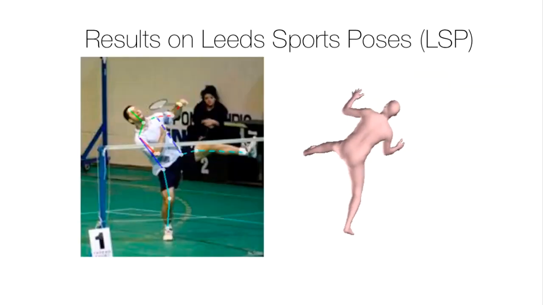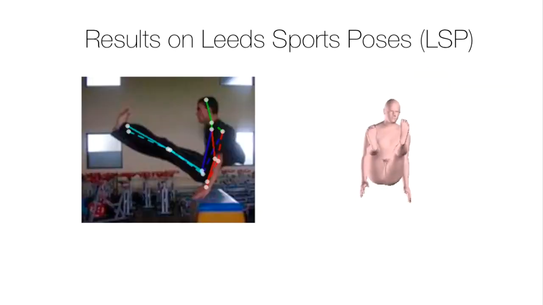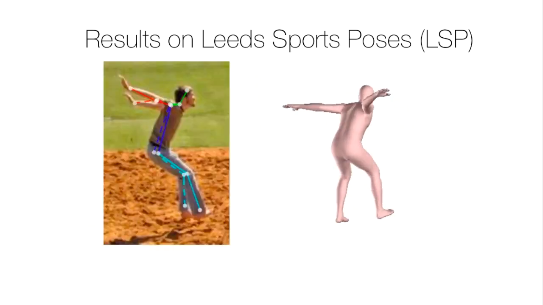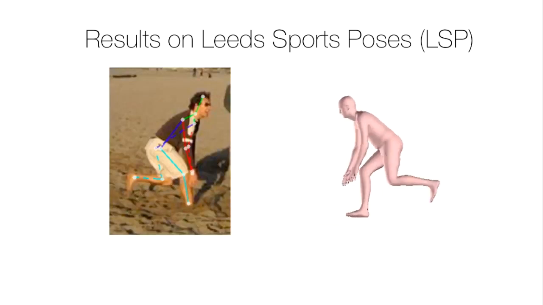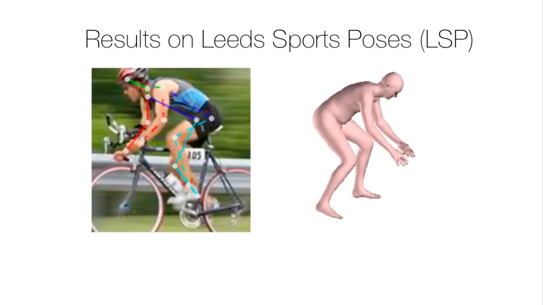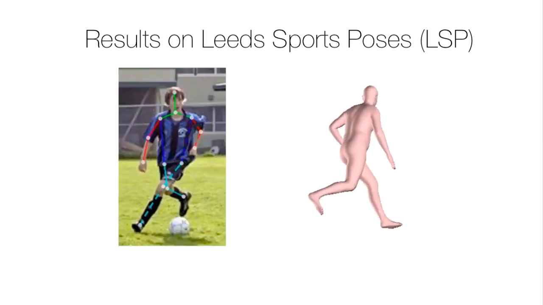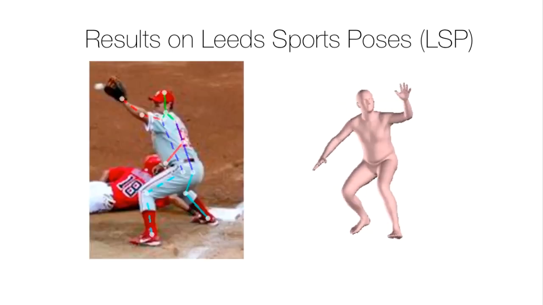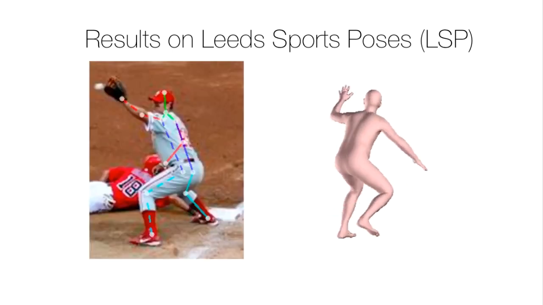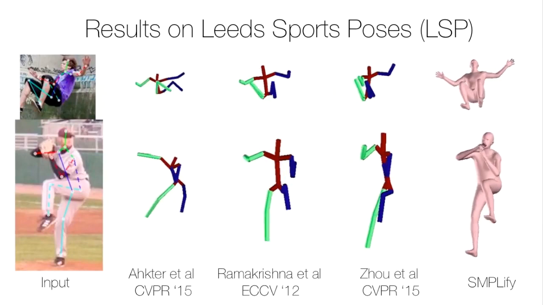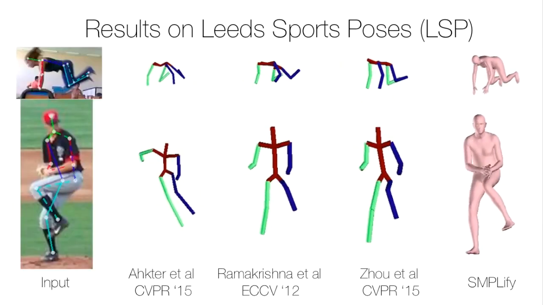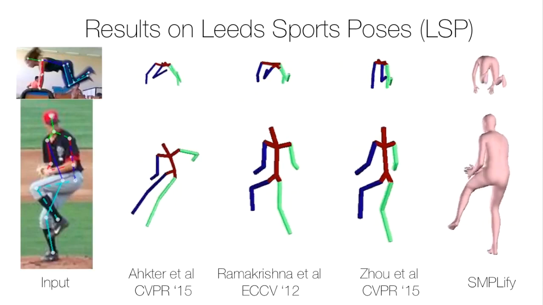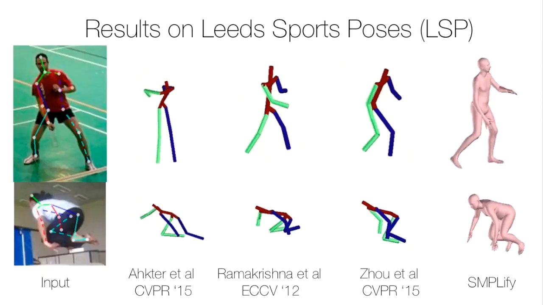We demonstrate our approach on the LSP dataset, a highly unconstrained dataset with a wide variety of complex poses, clothing, background, and imaging conditions. To our knowledge, no other previous approaches have demonstrated 3D mesh reconstruction on LSP images. We also compare our approach to 3 methods on the task of fully automatic 3D joint estimation. All methods use the same detected 2D joints as input.